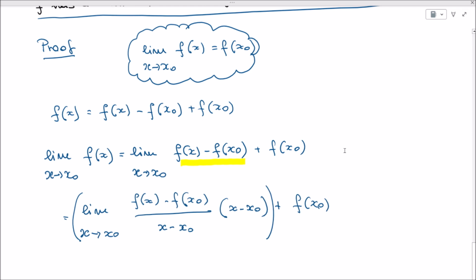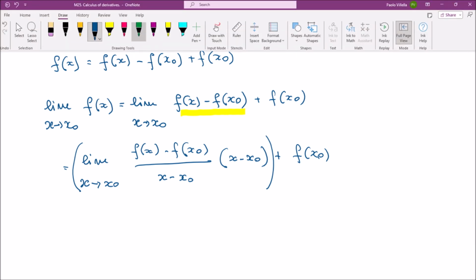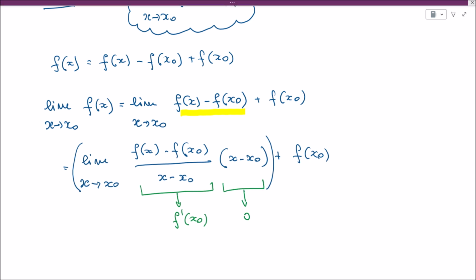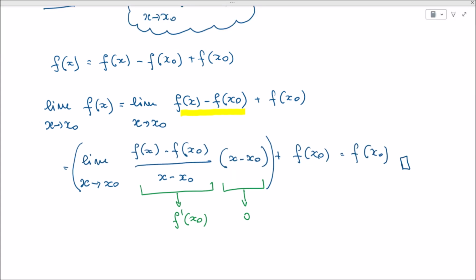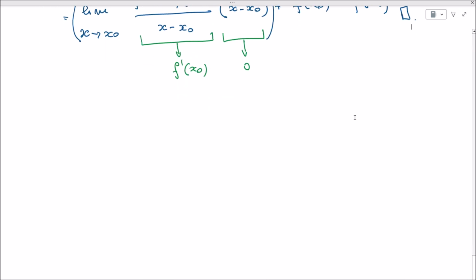And now we see something: when x goes to x naught, this part will tend to f prime of x naught, which we know exists because the function is differentiable. But at the same time we see that this will tend to 0. So clearly this limit is in the end exactly equal to f of x naught. Okay, so this proves the initial statement. If f has a derivative in x naught, then we can conclude that f is continuous in x naught. Okay, so now we are ready to